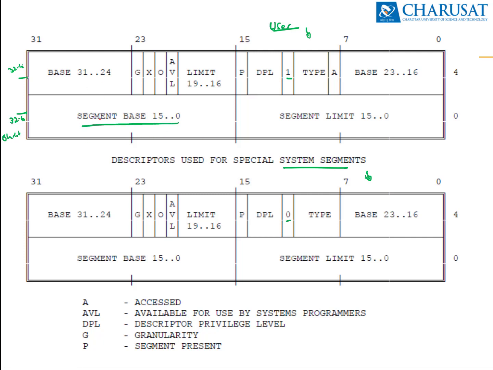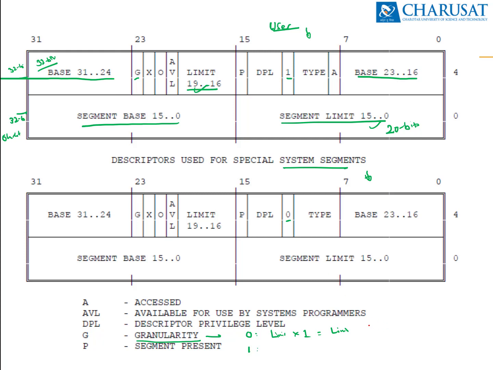This is the segment base, bits 0 to 15, 16 to 23, and 24 to 31. So 0 to 31: the base address of 32 bits will be available from these three fields. The segment limit is bits 0 to 15 and 16 to 19, meaning 20 bits. The 20-bit segment limit, or segment size, we can fetch from here. G means granularity, which you can see at the bottom. In the granularity, there are two values, either 0 or 1. So 0 indicates that whatever limit field we get from these 20 bits, multiplied by 1, gives the actual limit.